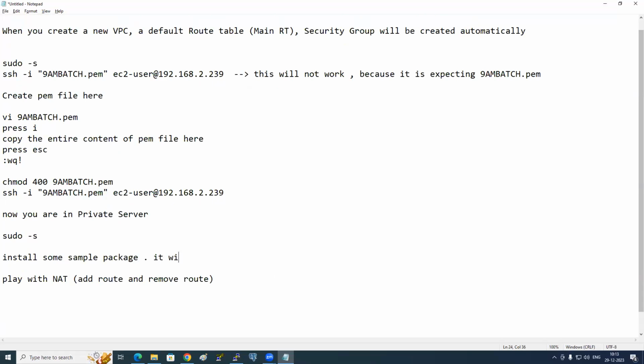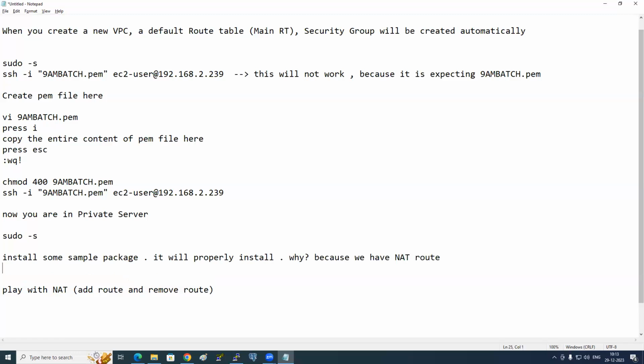It will properly install because we have the NAT route. Yum install -y unzip, install some package. It will install. After this, remove the NAT entry